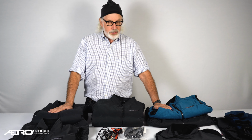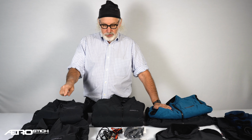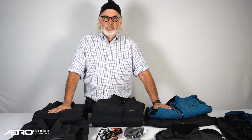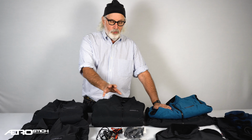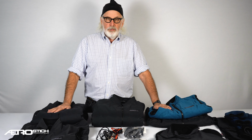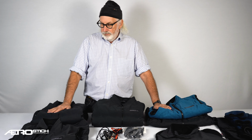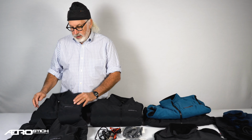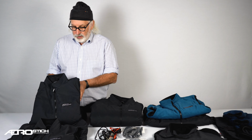We make, as you can see on this table, let's see, 1, 2, 3, 4, 5, 6 different kinds of heated gear with 4 different wiring hookups for the bike. And now I'll break them down and tell you a little bit about each one. Let's start on these on the right. This is a jacket liner,